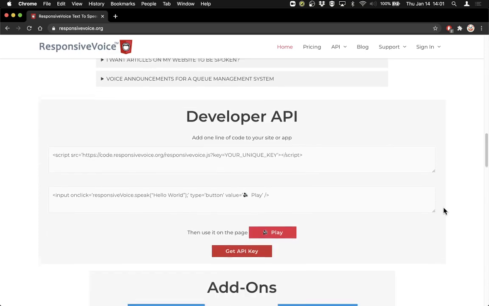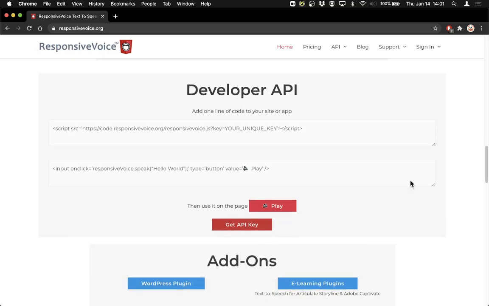So this is the bit that I see and think, oh, this looks useful. Developer API. API is something that we need to get used to looking for. It stands for Application Programming Interface. And the API is the way that we talk to the library and get it to do things. And the thing that we're seeing here in this box tells us 2 important pieces of information, okay? The first piece of information